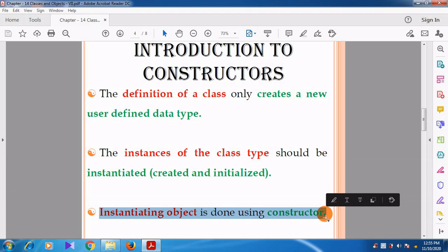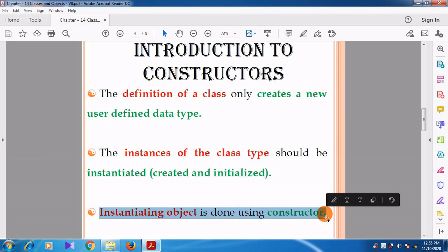Now we will ask a question: Sir, constructor is a special member function, is it right or not? We discussed this in the previous videos. A constructor is a special member function which is used to initialize the object, that is the class object.